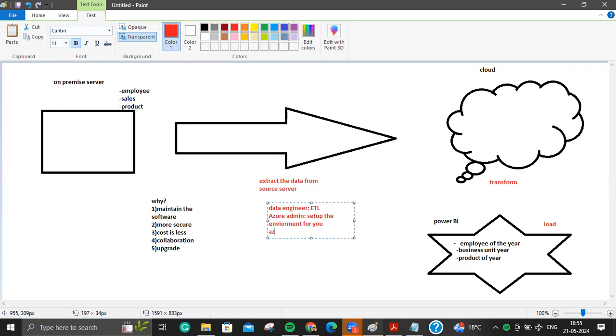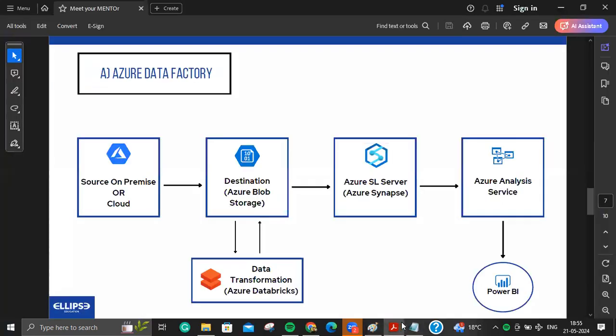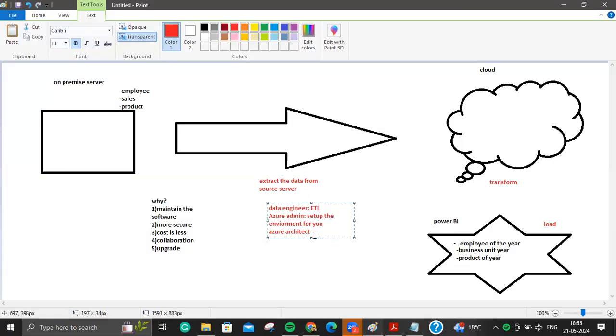What will an Azure architect do? The Azure architect will basically help in designing the whole infrastructure. Suppose the Azure architect will recommend that you need a blob storage or you need a Data Lake Gen 2. He will help you to choose the environment, right? So the Azure architect will choose the environment, and then the admin will secure the environment, and the data engineer will develop on that environment, right?